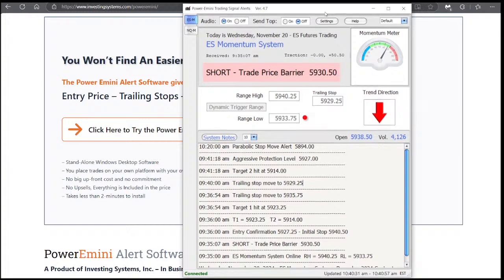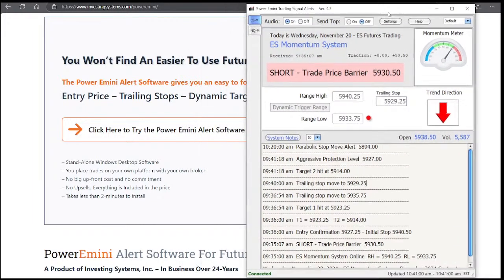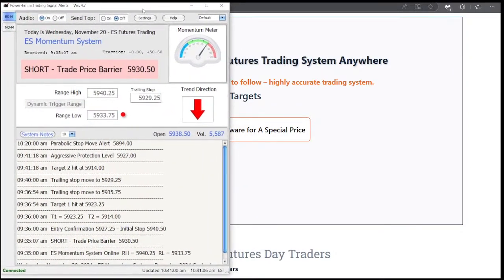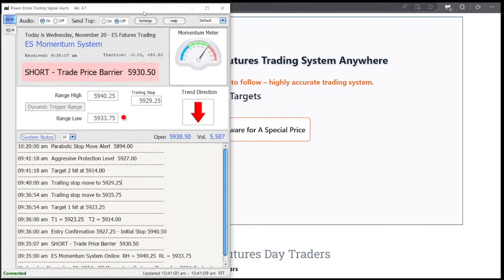Take it for a test drive. I'm going to say one other thing here. I get a lot of people that get the software and then the next day they email me and they're like, "Oh, great trade, this and that, hit both targets." I really strongly, and you'll see this in the documentation, right? Like you click this help button here, you get this software and click this help button. I would say the correct approach, especially for a beginning futures trader, is to get the system